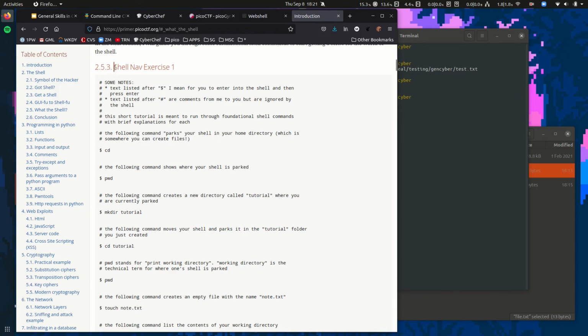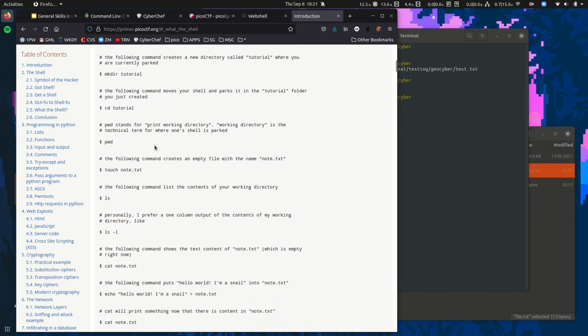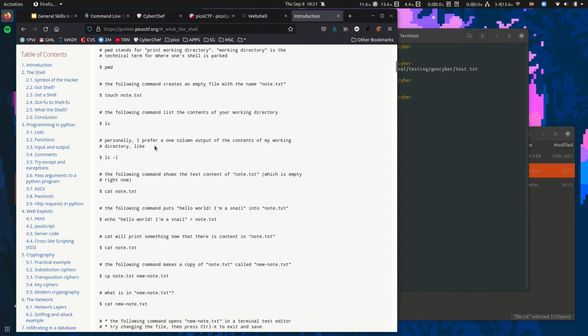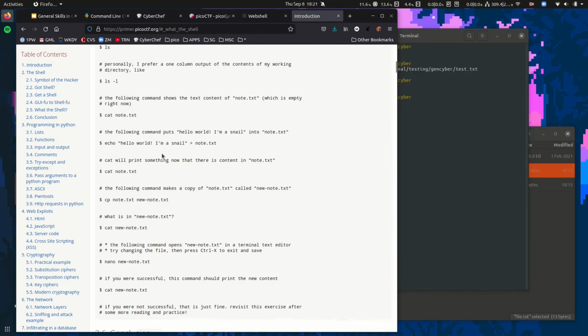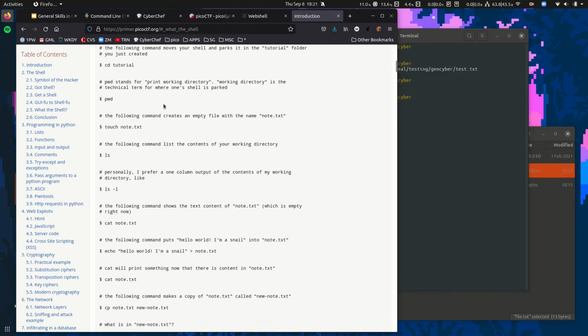You go down a little bit, you'll see the shell nav exercise. This will walk you through learning cd and print working directory and make dir and all of these commands that I've been using, but it'll help you start using them and start building that muscle memory in the shell.